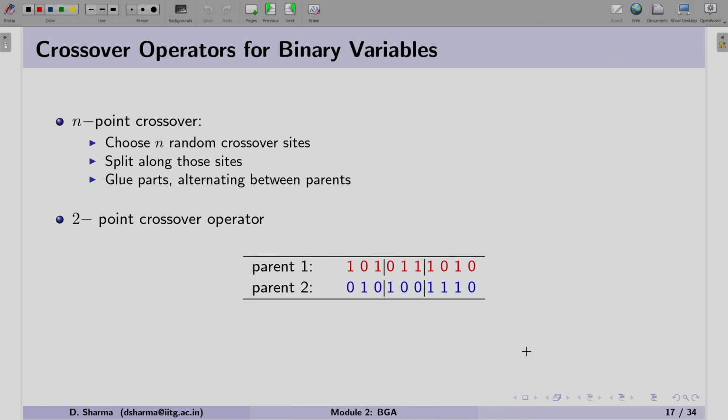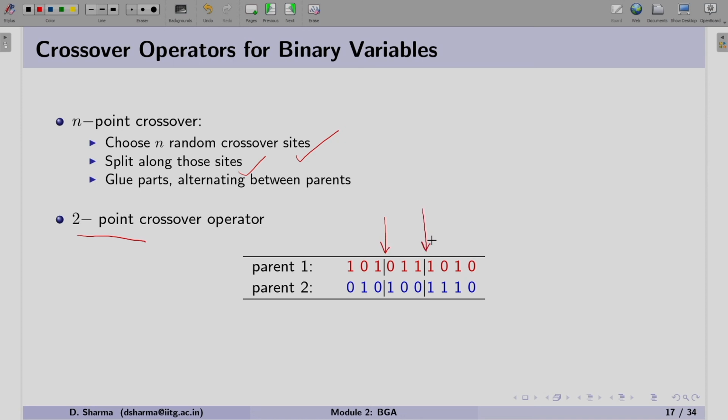Another kind of crossover operator we have is the n-point crossover operator. What we do here is choose n random sites, split at those sites, and then glue some parts and exchange others. Let us see how it works. Here we will discuss the 2-point crossover operator. We select two random sites: the first random site is given here and the other is given here.